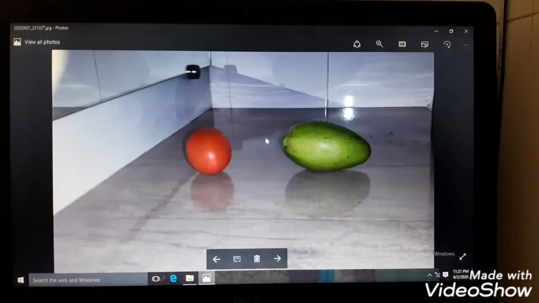Let me show you the one taken in light. Now this is the picture taken in light. Now this is color sensitive. Now in this case your cone cells are working. So when you enter a dark room, you will not be able to see things properly. You will not be able to distinguish between the colors. But as you enter light, you will be able to distinguish between the colors of the two. Is that clear to you now? The difference between the rod cells and the cone cells.